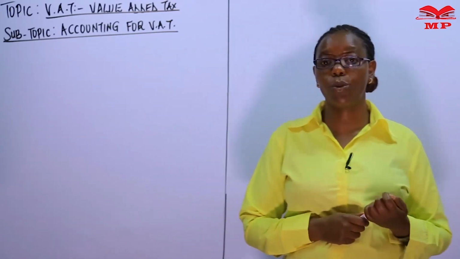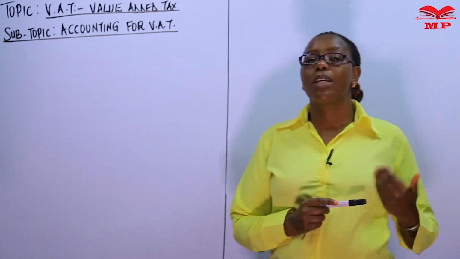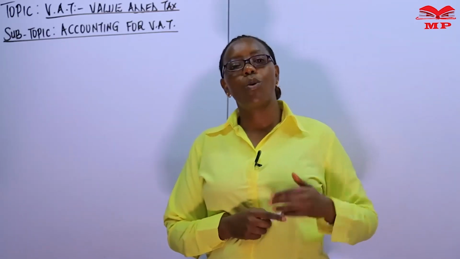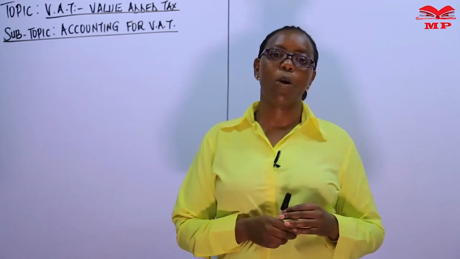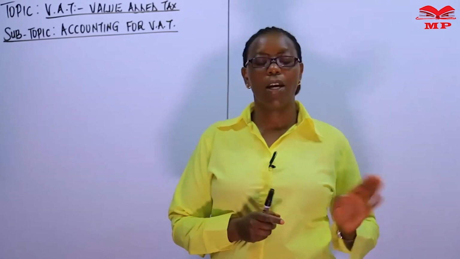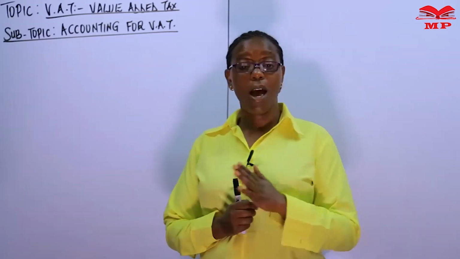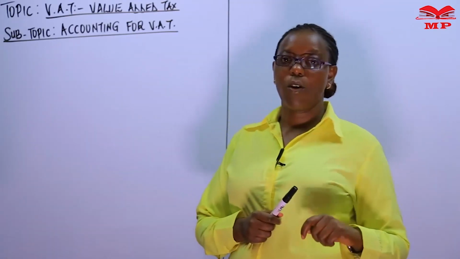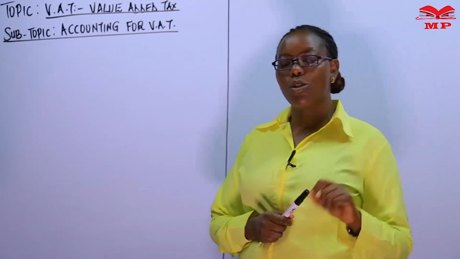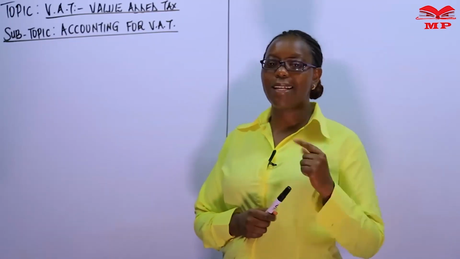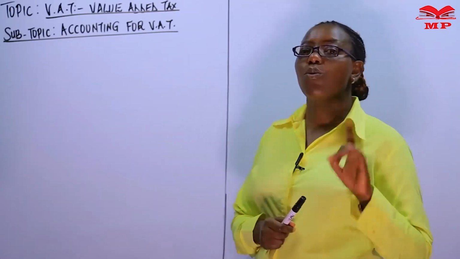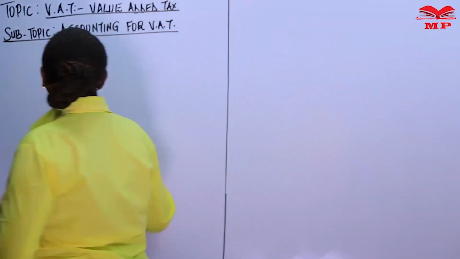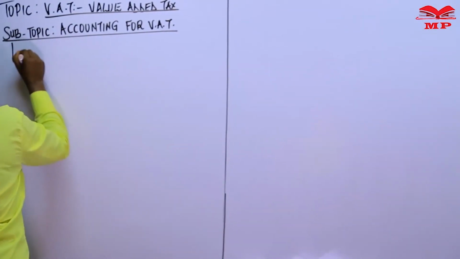So the first thing you do is that once you get registered for VAT, as a taxpayer, you have some rights and obligations, and on the other hand, the commissioner has rights and obligations. Now, one of the obligations of a registered person is to issue a tax invoice, and that is the first document that you're going to consider when you're looking at accounting for VAT. So the tax invoice,